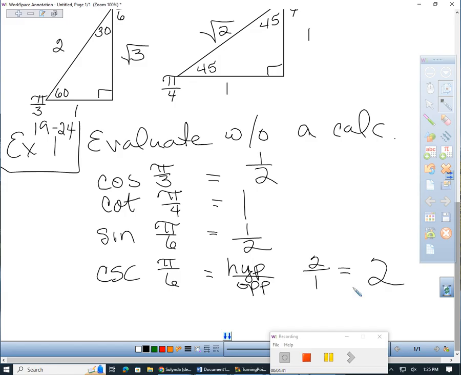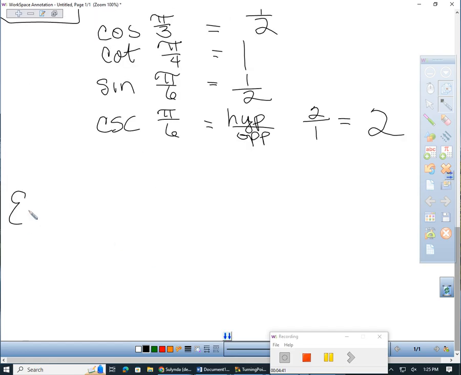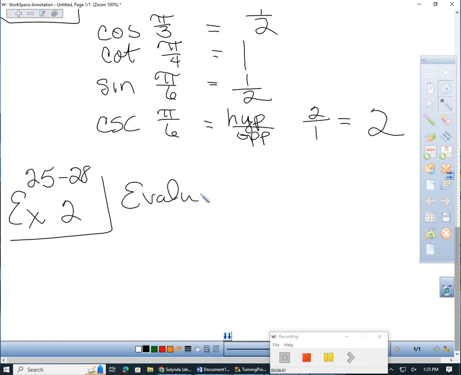So that's all you're doing, is looking at these two triangles, finding those problems. Next section. Example number 2, for 25 through 28. Evaluate. Now, it says using a calculator, but then it says it wants the exact value. So it's easier just to use your right triangles. Okay? It says evaluate with an exact